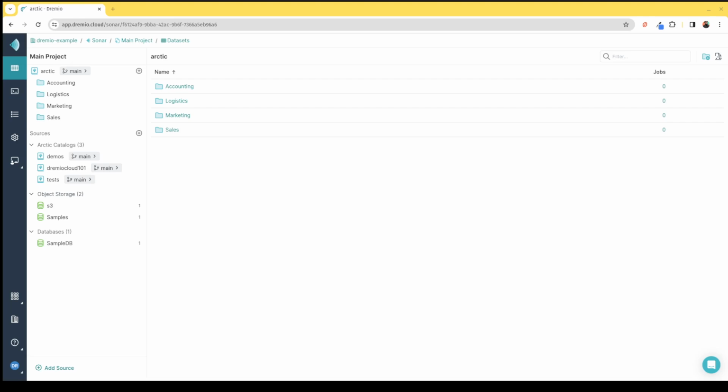Hey everybody, when you take a look at the Dremio UI when you first log in, you're going to see several things. You're going to see a view of your data across several sources. So every Dremio project has a default Dremio catalog,